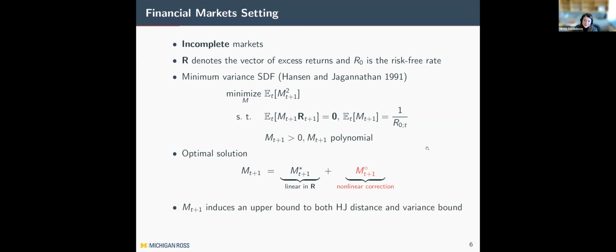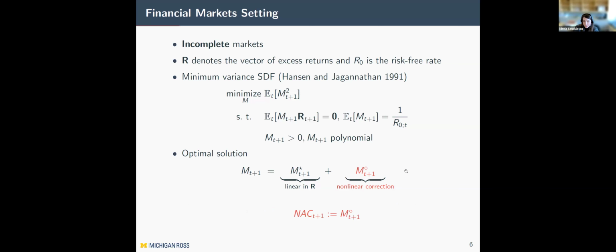And another cool thing about our approach is that we show theoretically that our stochastic discount factor is going to induce an upper bound to both the Hansen-Jagannathan distance, but also to the Hansen-Jagannathan variance bound. And empirically, we also find these bounds to be very, very sharp. And then we are going to define as our nonlinear arbitrage correction